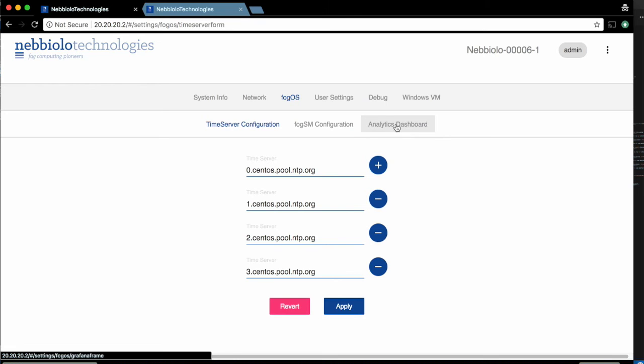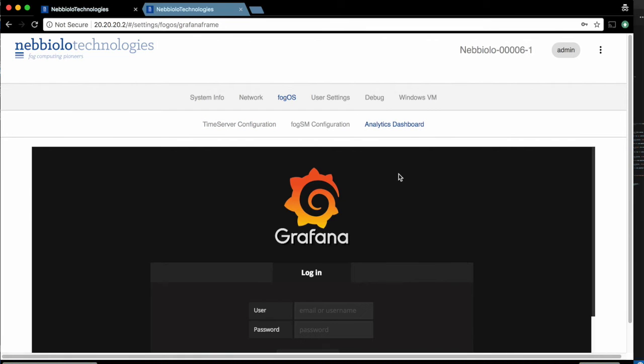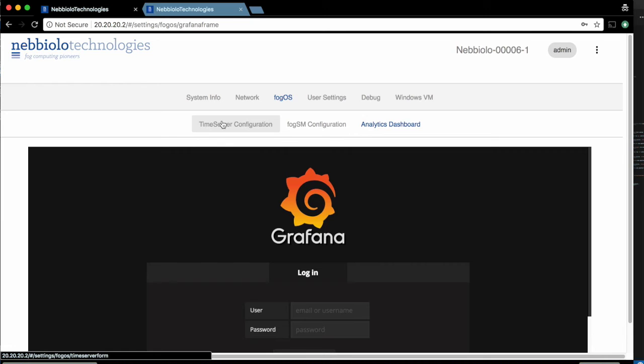And the third one is analytic dashboard, which basically gives you a window into the local Grafana, which is going to visualize if you're persisting something in the local Influx DB, Fog node's Influx DB. So you can visualize that data over